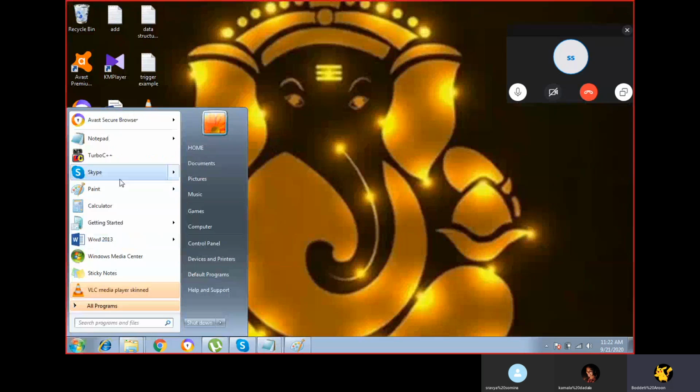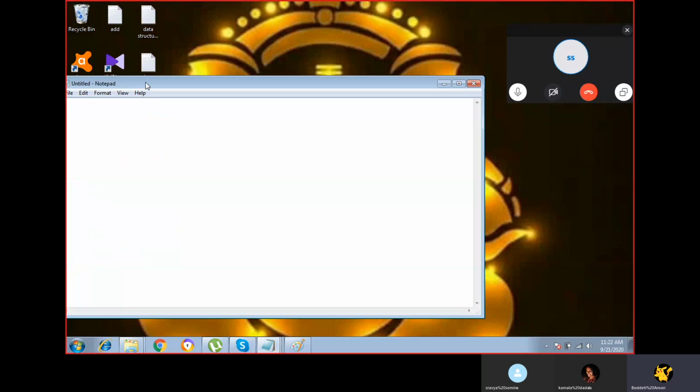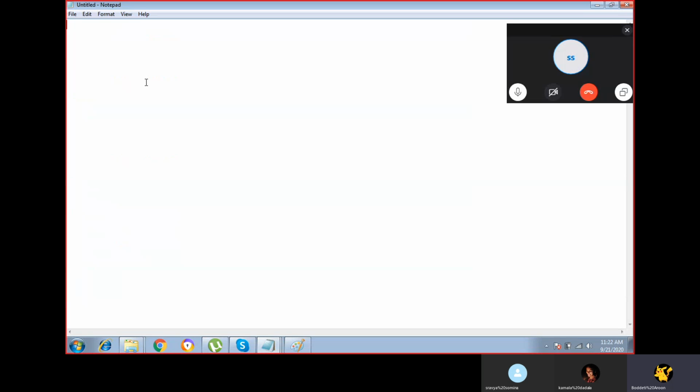A stack is a data structure where a list of elements is stored.